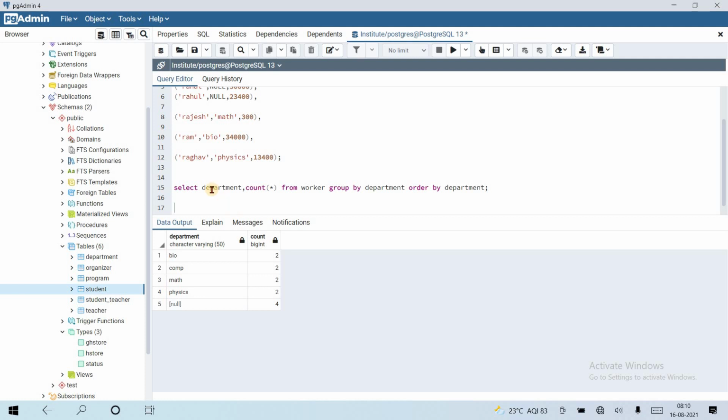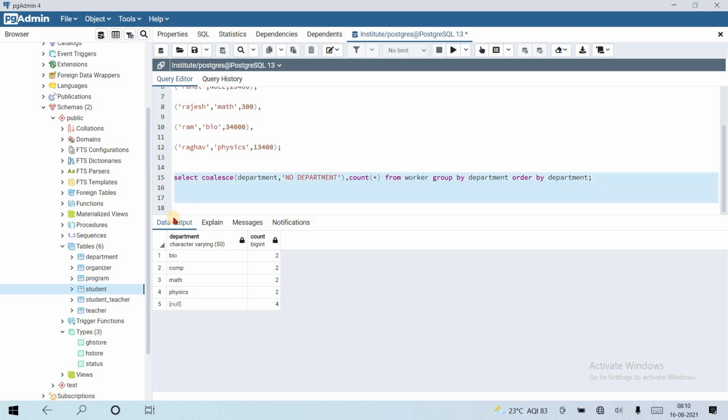So select department, use department in the COALESCE function. First is the source, second is the value that we want to replace it with. Department, comma, replace with 'no department', meaning the null value.